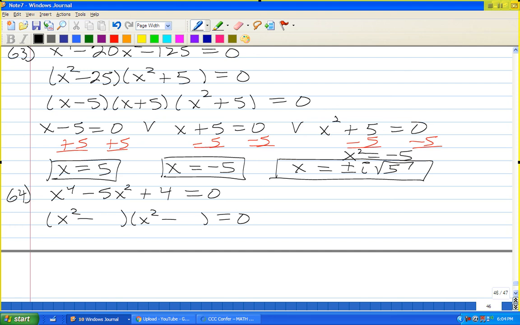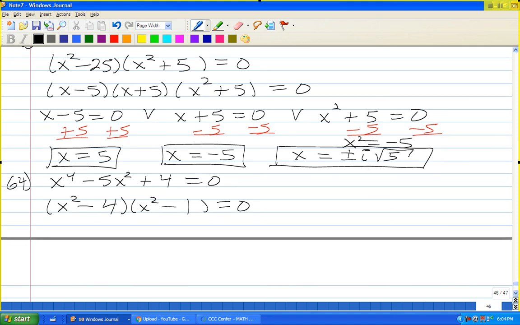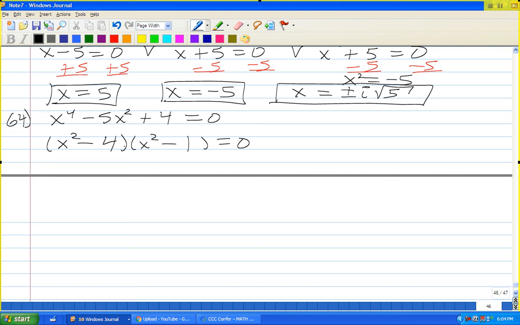Bring down the minus, times plus is minus. I want two whole numbers whose product is 4 and whose sum is 5. So 4 and 1. I can factor difference of squares, x minus 2, x plus 2. I can factor difference of squares, x minus 1,